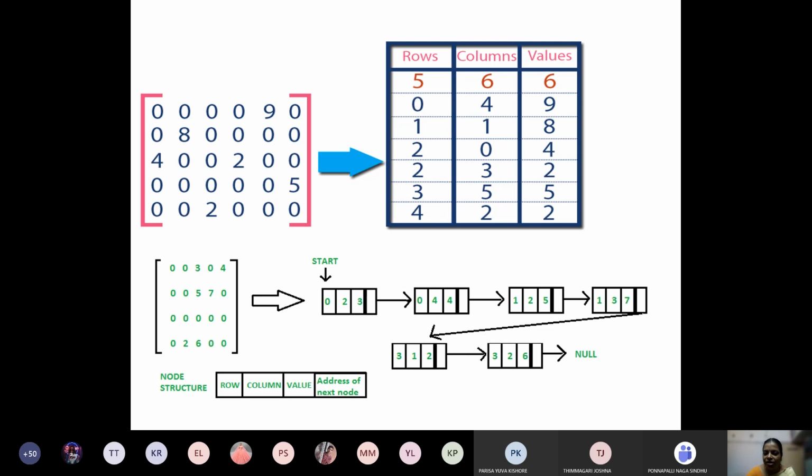Is anybody writing the structure in the chat box or not?